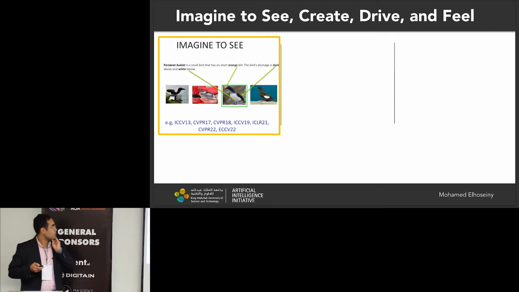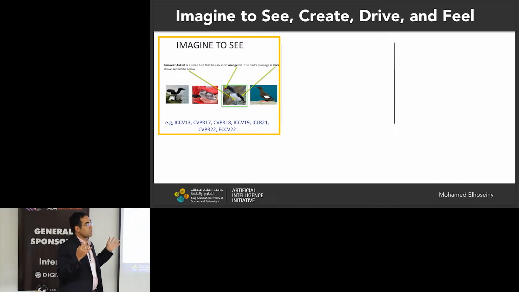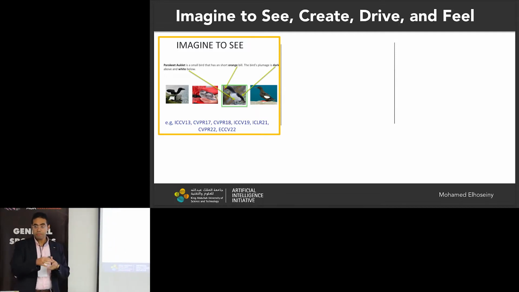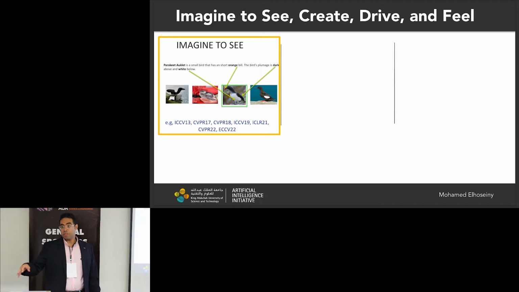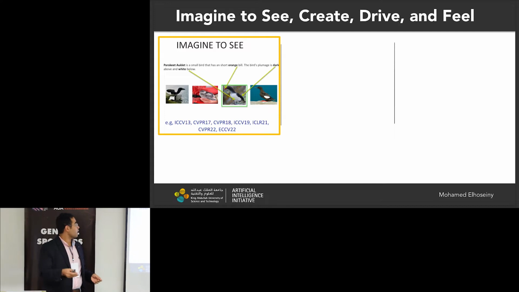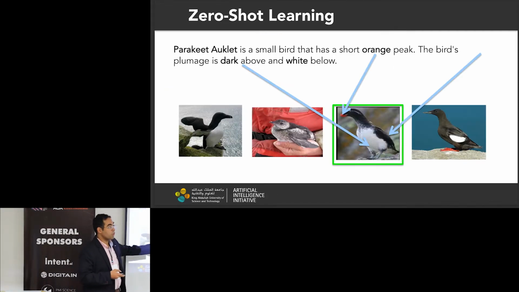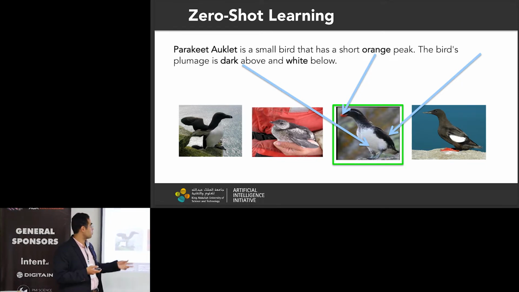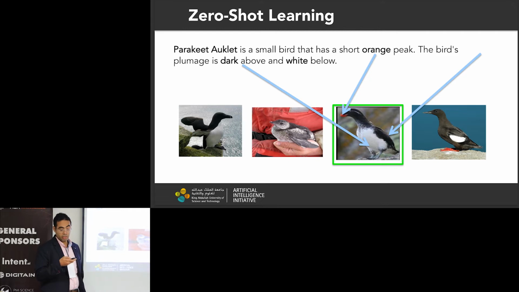and that relates to the bird example we just described. So imagine that you have a bird that maybe some of you know already what this bird is, but if I describe this to, let's say, even a 5 years old or 6 years old kid, and tell him that, hey, there is a bird that exists called barky auklet, and it has a short orange beak, and the plumage of the bird is dark above and white below. That description might help imagine this bird. And if I give him or her these 4 different pictures, it's an easy task for him or her to pick which bird we're talking about, right?